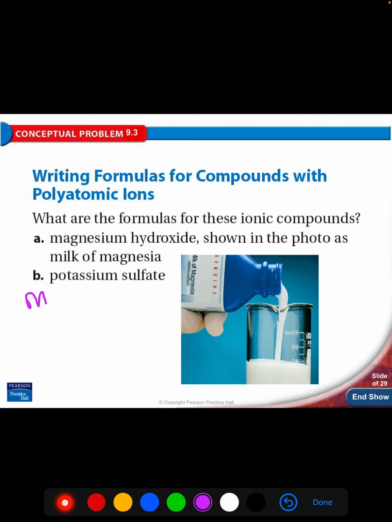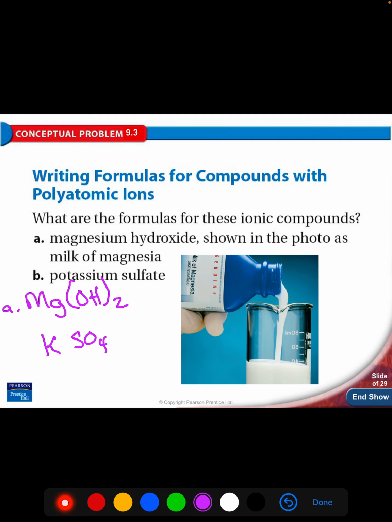Magnesium is Mg, 2+, it's a group 2 metal. And hydroxide, if you look in the chart of the ions, is an anion with the formula OH-. This is a 2+, this is a 1-, so I'm going to need 2 hydroxides. And potassium sulfate, potassium's a group 1 metal with a single charge. And sulfate,